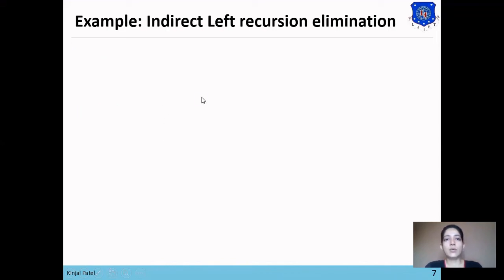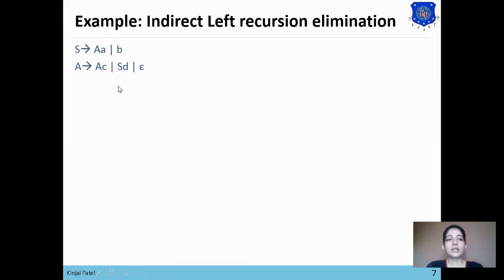Now we will see what is indirect left recursion and how we can remove it. So here you can see that in the first statement there is no left recursion in it. Like you can see that S produces capital A and B. So S is not repeated in the right hand side. Now in the second level, you can see that A produces AC or ST or null. So here left recursion is present because the leftmost non-terminal is same as the left hand side.